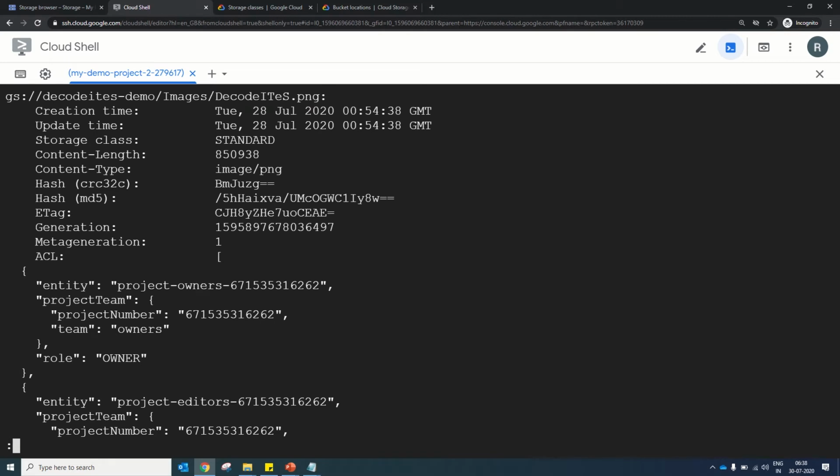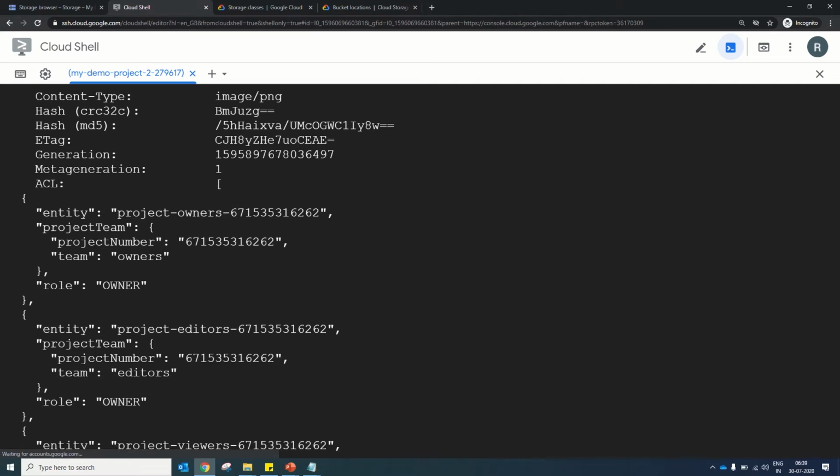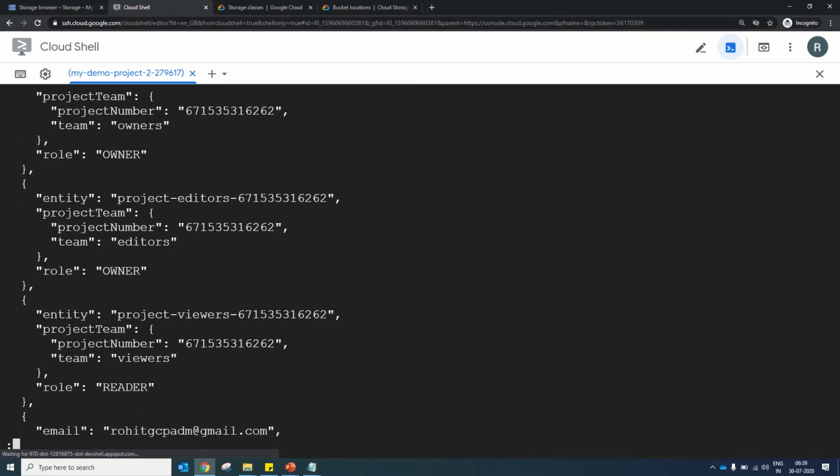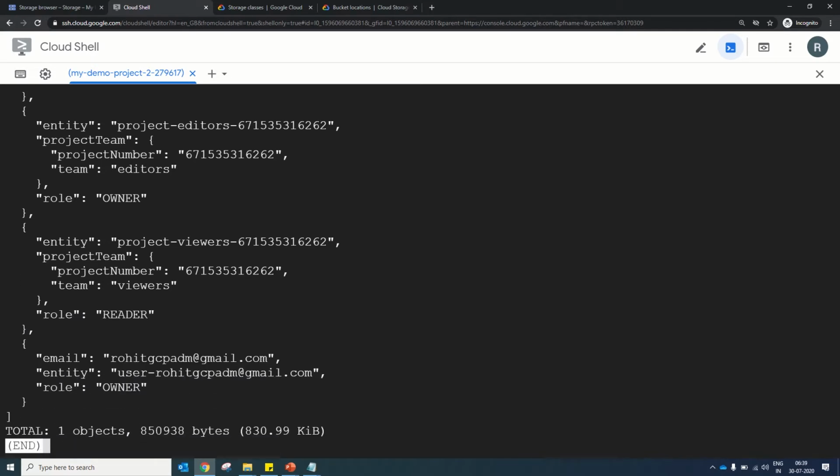So creation date, update date, storage class is standard, content length, content type, hash is this, ETag is this, generation number is this, metageneration is not there, ACL is project owner, number is this, team is owner, role is owner, project entity, email ID is the user who has all the rights, GCP demo is my user ID, and this one object and size is 830 KB.